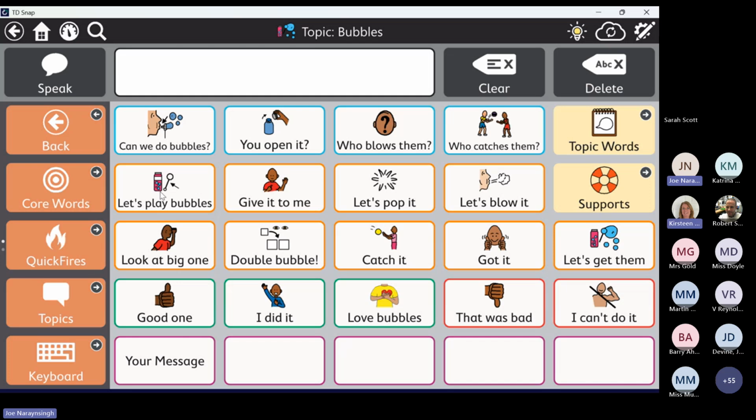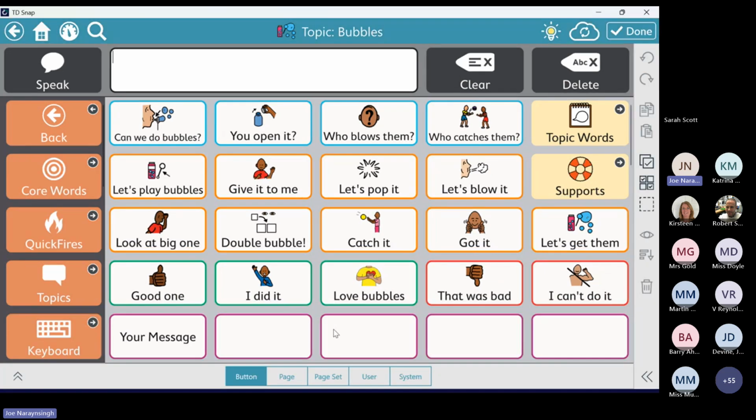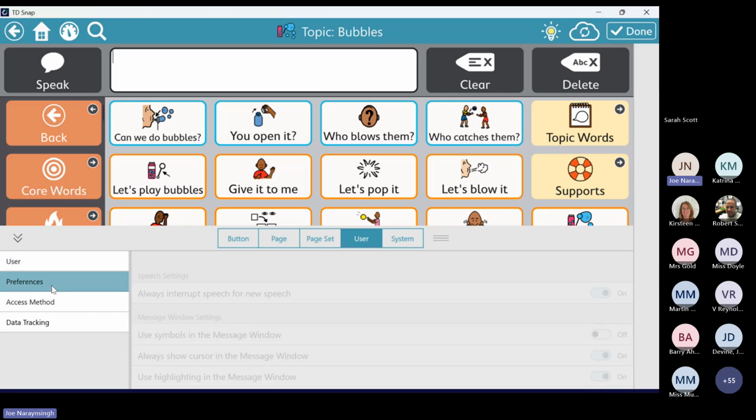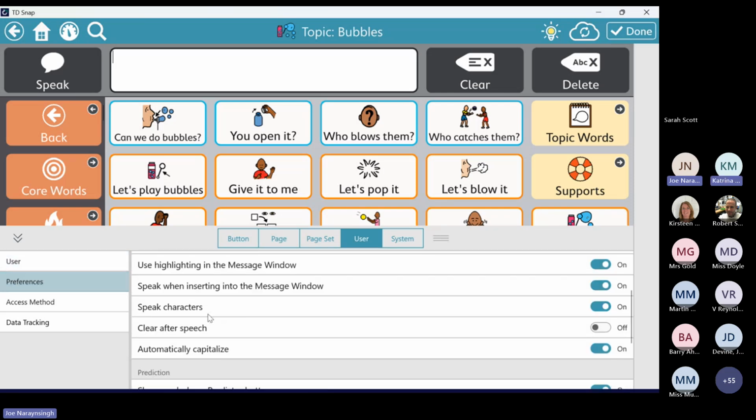But anyway, just for time's sake, these are full phrases around the topic of playing with bubbles. So we've got initiators and questions, comments, positive things to say, negative things to say. And us as the communication partner, we can read these, and I know that this says, let's play with bubbles, or look at that big one. But if you put yourself in the shoes of the communication aid user who's perhaps never seen these symbols before, they're not going to know what they all mean. So just to give you an example,